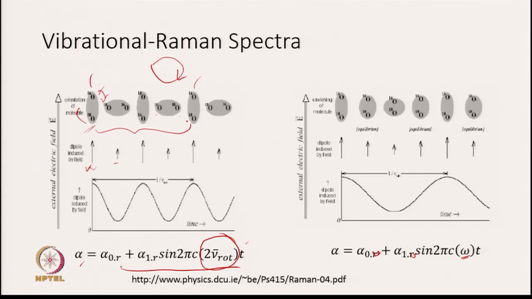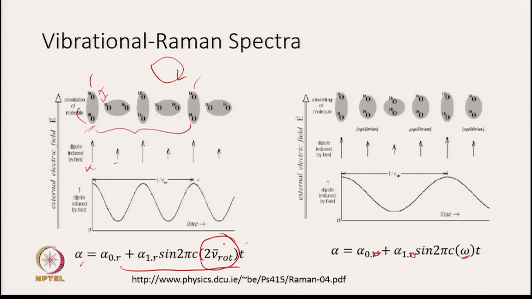Now, let us look at how dipole moment is changing during this 360 degree rotation. At this position it is up, then down, and it is up here. So, during one 360 degree rotation, it is going from first crest to third crest. So, first, second, third crest, and that means it is completing 2 cycles. So, during 360 degree rotation, 2 cycles get completed, and that is why your wave number is written like 2